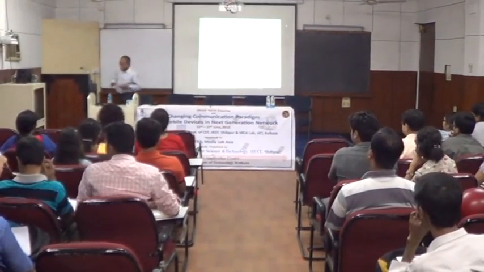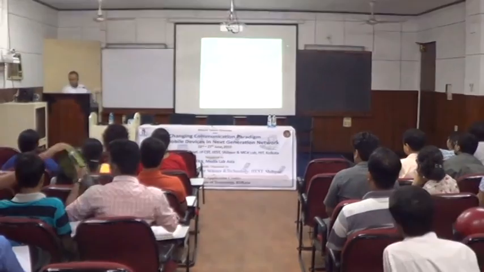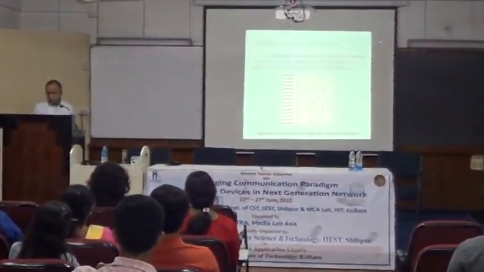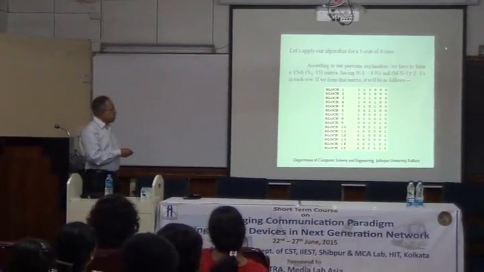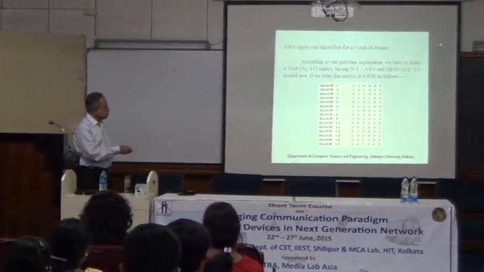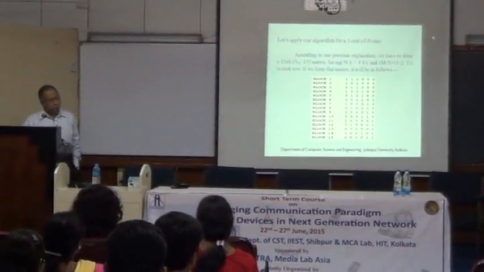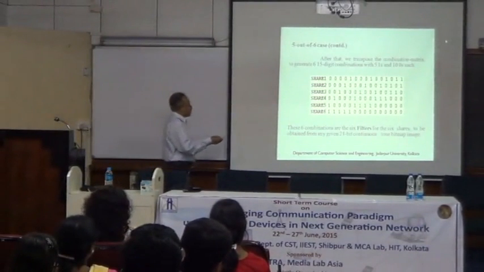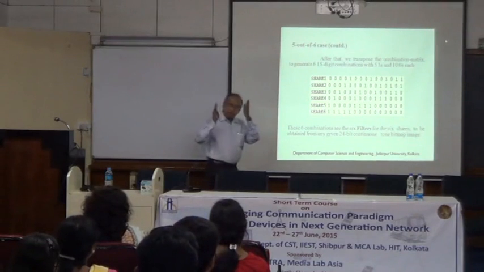So I am showing you this for 5 out of 6. 5 is the pixel's share. Write all 6-bit numbers with 4 zeros. That gives 15 combinations. Clear? Then transpose it. Just see that in all shares, the number of 1s and number of 0s are the same. The number of pixels contained in the shares is the same.